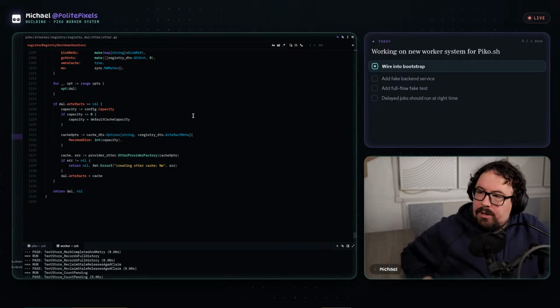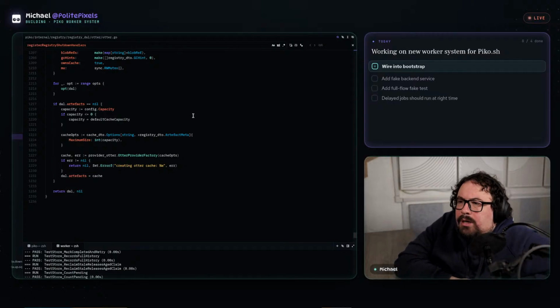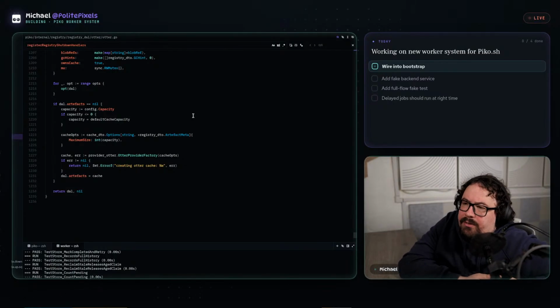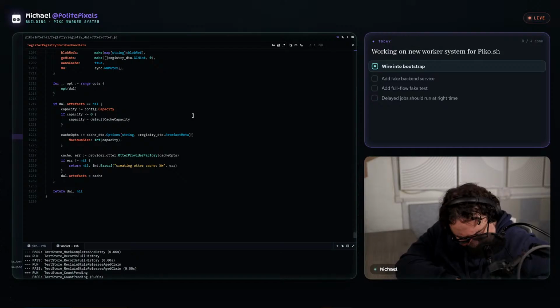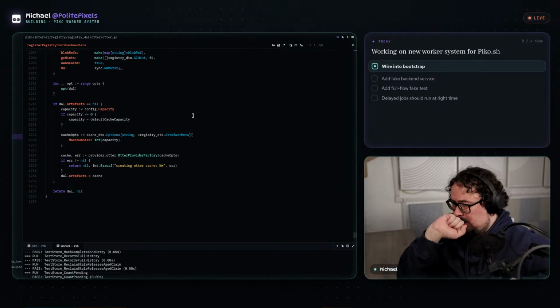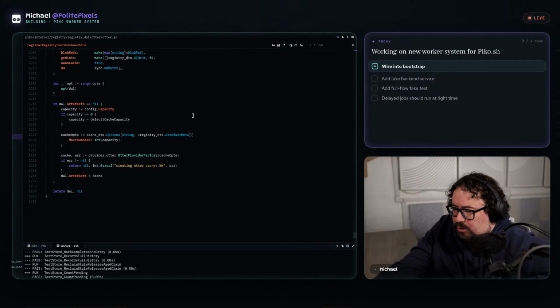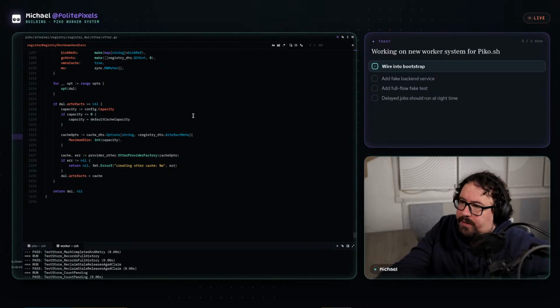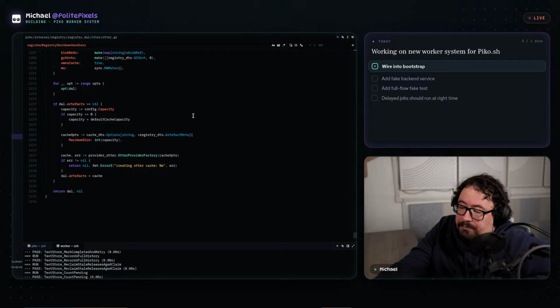Okay, I think I know what needs to be done. I need to actually flesh out this doll, fundamentally, and I need to make the way that the worker system is wired in match how the registry system is wired in. And then we're going to be in a good position to continue to flesh out all of the features the worker system needs, and then work on the code generation.